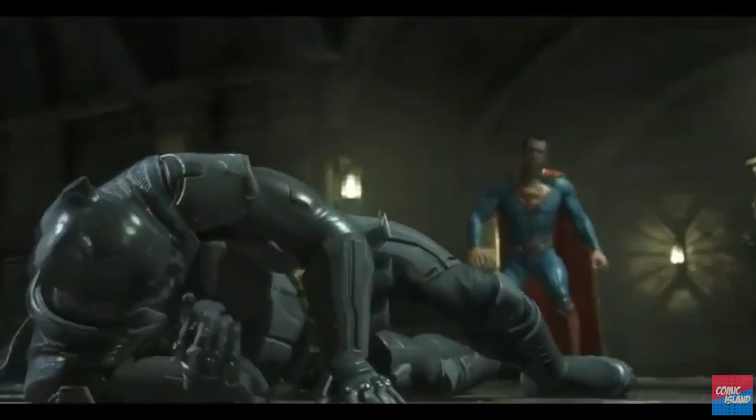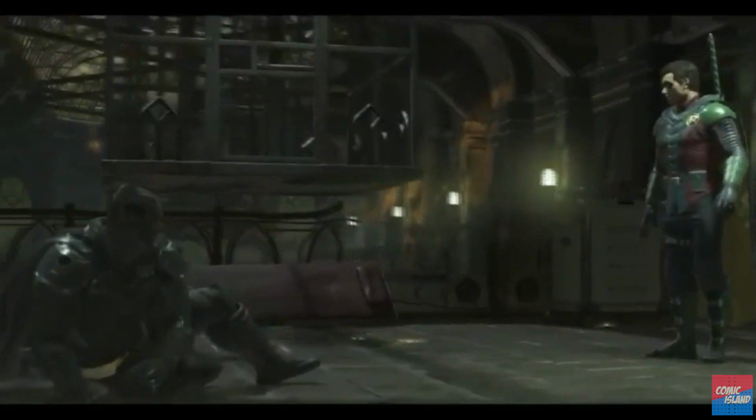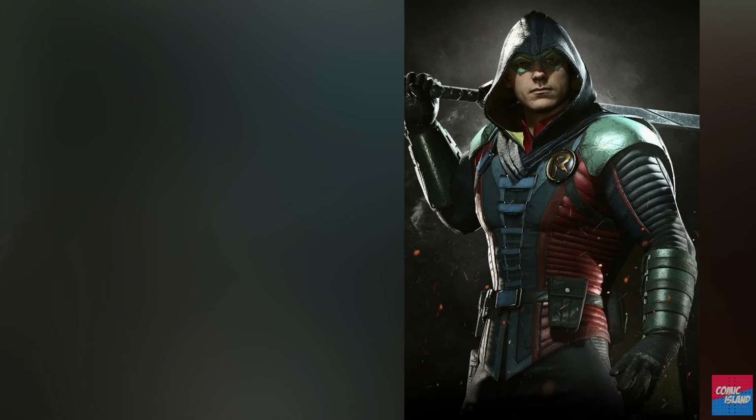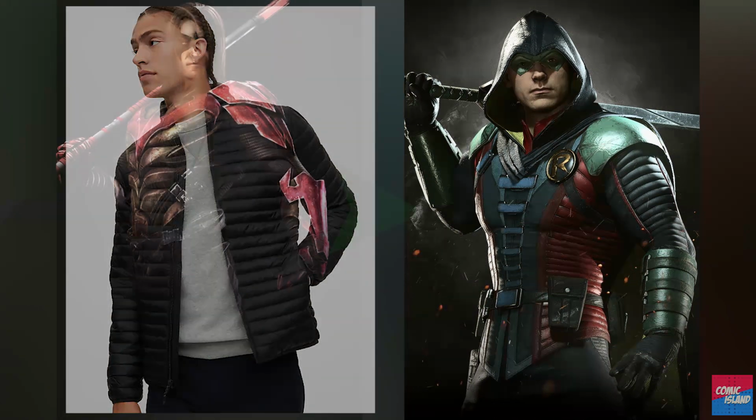And I'm just not a fan of these desaturated costumes with Robin. This is a character that's supposed to be full of life, instead of weird ridges that look like puffy fabric all along the chest and sleeve. And a logo you can barely make out in a still image, let alone in a fast-paced fighting game. There is a little bit of color and life here, but I just don't love this particular take on Damian